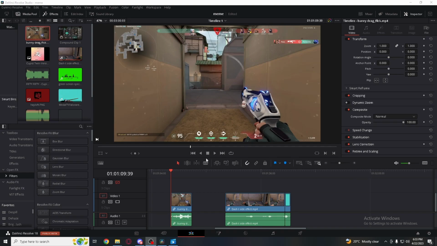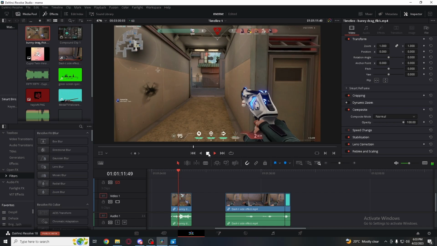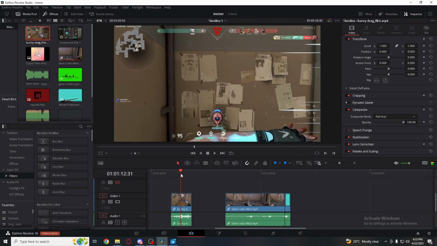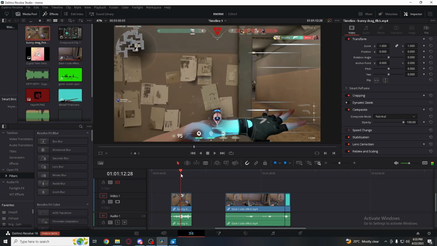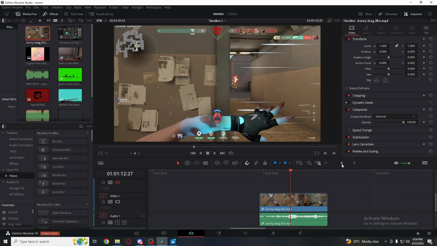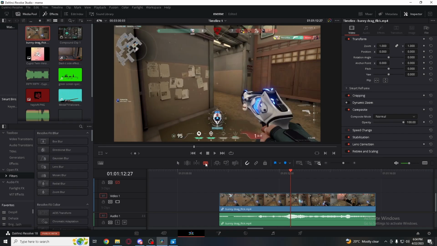To start off working on our clip now, we are going to find the part in which we want to cut. So I dashed right there, or my friend dashes right there. And we are going to pick a spot. I think right here is a good spot. And we are going to zoom in just a little bit just to make sure our cut is accurate. We're going to grab this tool,